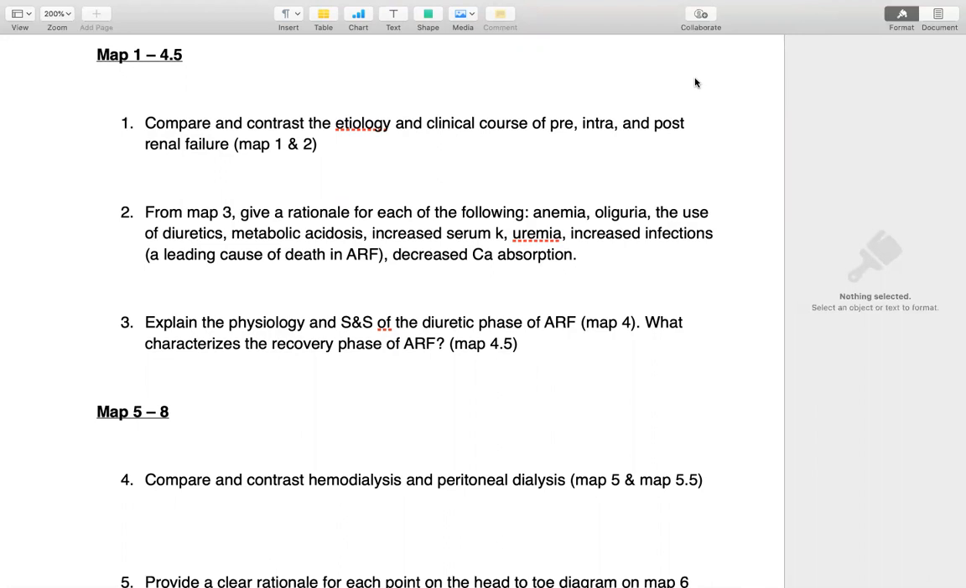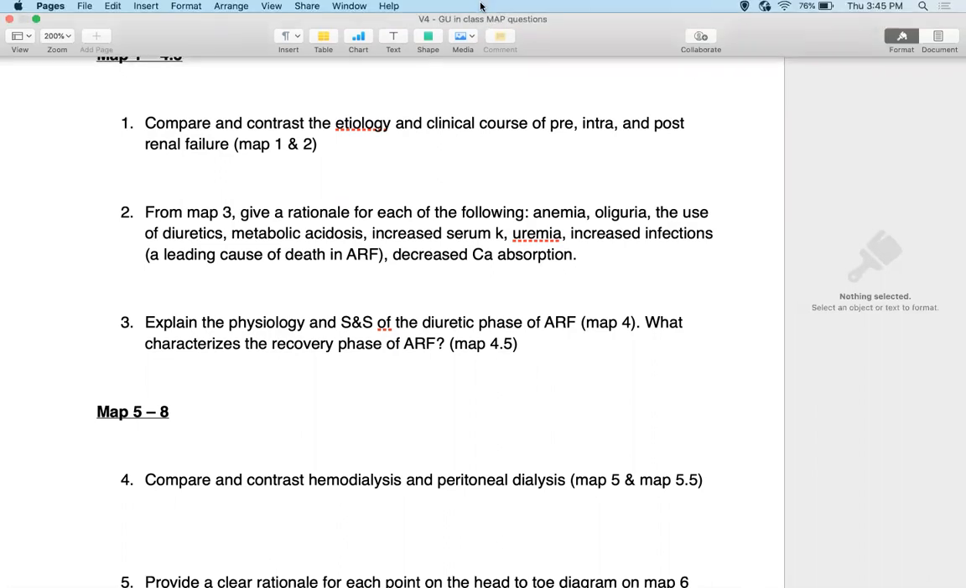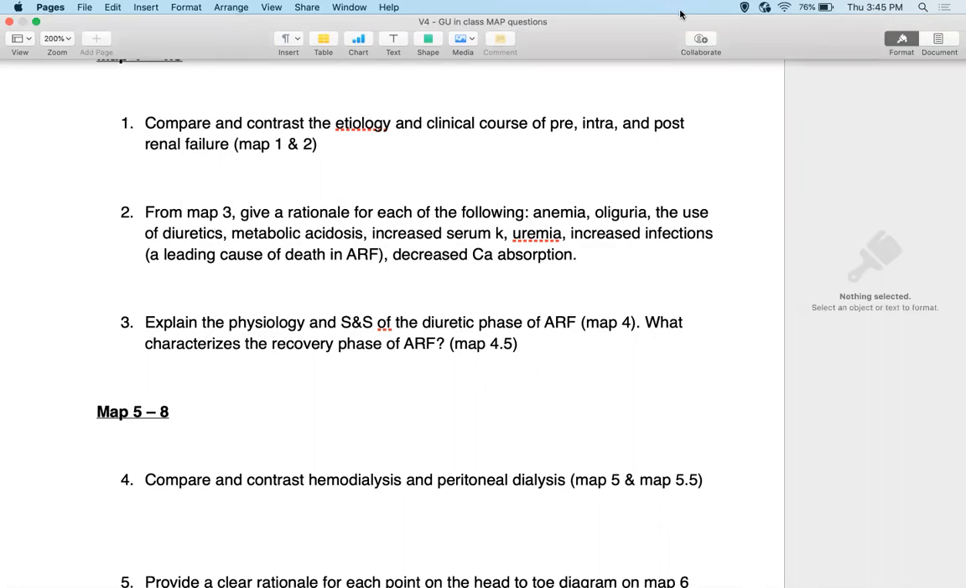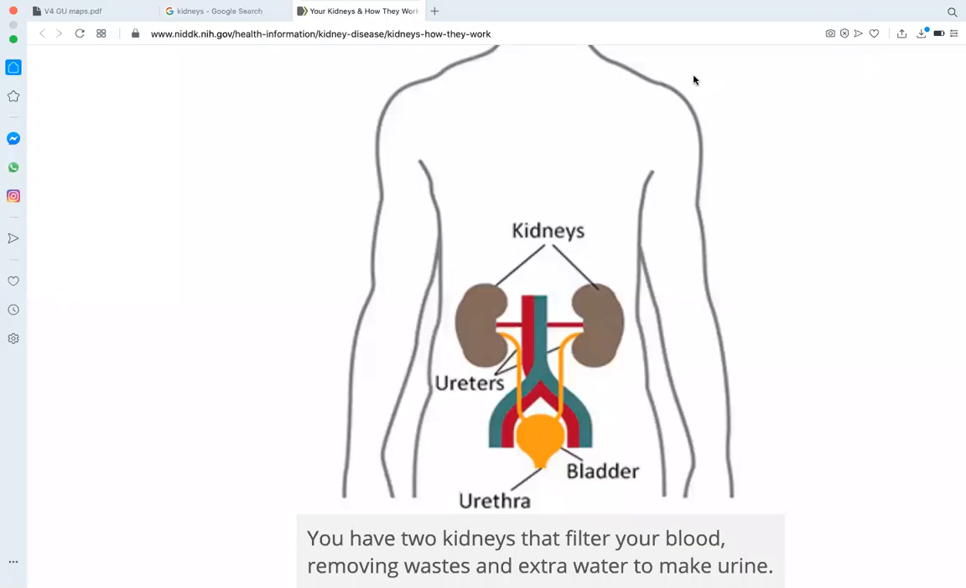First question asks us to look at pre, intra, and post-renal failure. So let's start by looking at a diagram here. So in essence, what is pre-renal failure? Pre-renal failure is basically anything that causes kidney dysfunction,